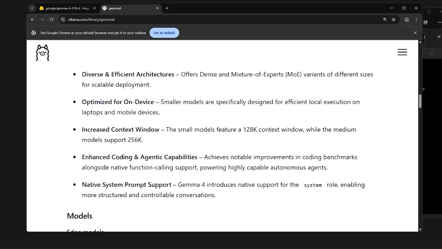Enhanced coding and agentic capabilities: it achieves notable improvement in coding benchmarks alongside native function calling support, powering highly scalable, highly capable autonomous agents. Native system prompt support: Gemma 4 introduces native support for the system role, enabling more structured and controlled conversations,